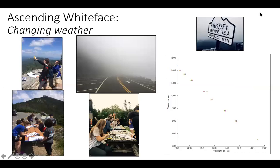Okay, so that's an introduction to what's at the Marble Mountain Lodge, and we'll talk a little bit more about what we can learn from that data later. But now I want to give you a sense of what it's like to travel up the mountain to the summit, and I do this with students from my